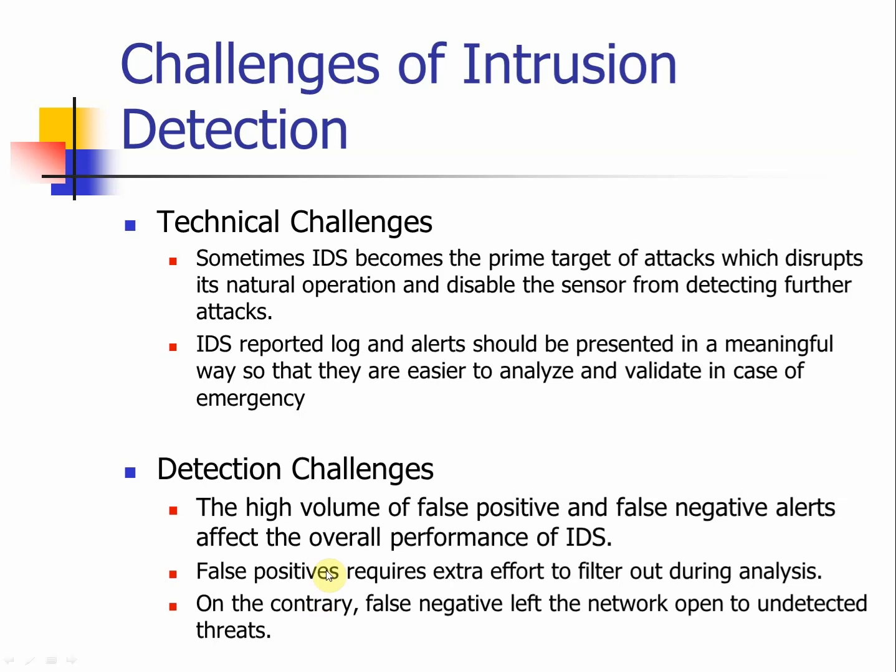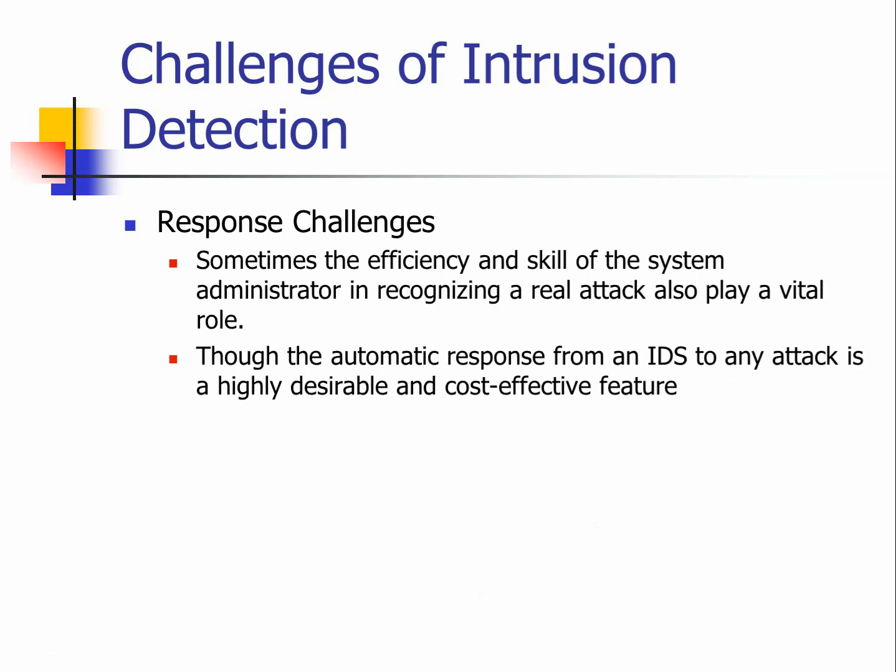So for a false positive, it will, of course, stop the traffic and say, hey, I think this is a problem. But it turned out it is not really a problem, so the connection is actually broken, and maybe you are waiting for that important file to come in, and it was blocked by the IDS. That's the problem of the false positive situation. On the other side, a false negative will let the malicious attack come into the network and then probably generate threats or problems. Finally, response challenges.